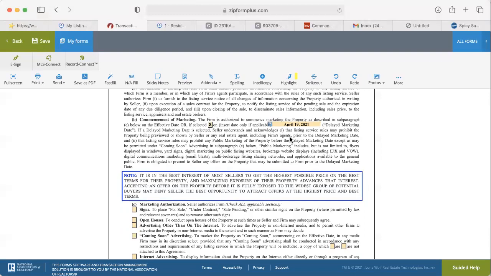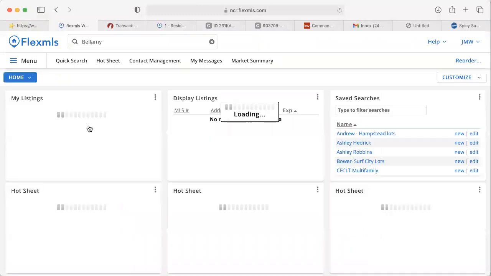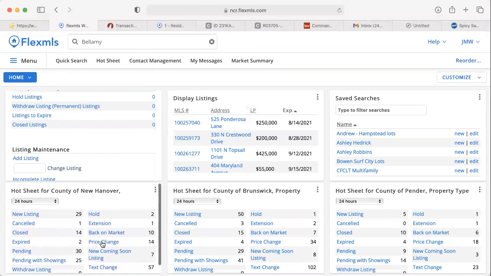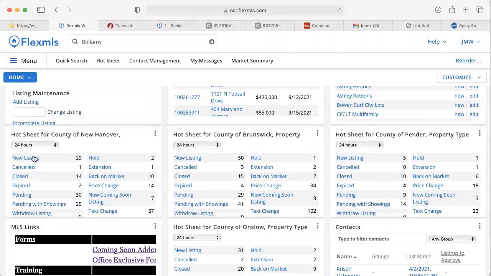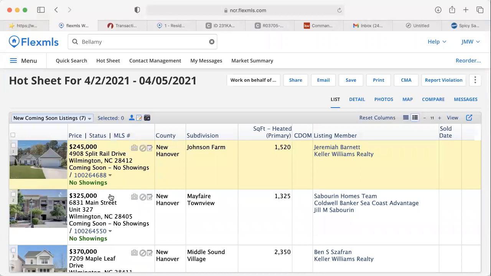Just the public cannot. So if you go into the MLS, and I'll take us over there for just a second. If I look down here under my hot sheet, which is any status change over the last 24 hours, I have new listings, I have canceled, I have closed, expired, and so on. Then I have new coming soon listing. There are 7 of them. If I click on this, I, as a member of the